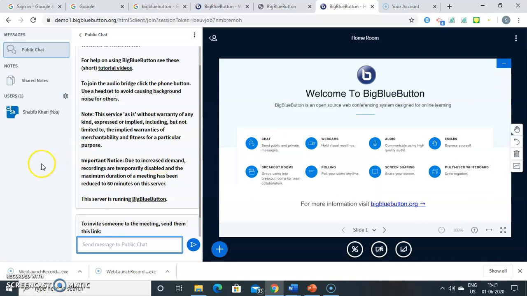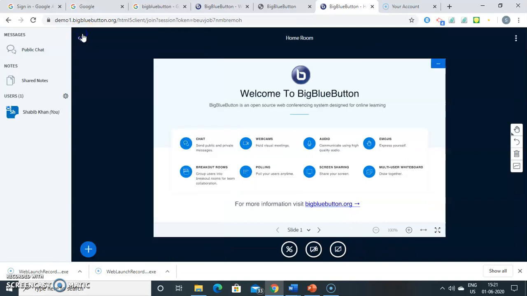And once you log in, you will be seeing three panels. Now the first panel is actually about the number of participants. Right now it's only me. And then you have this option for the chat. So whatever you type, it could be a simple welcome message, you can type it here and that will be displayed. Right now I don't want it, so I'm just keeping it back. Then this is my main window and this is how you can start.